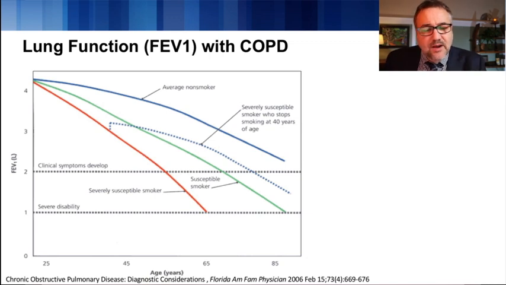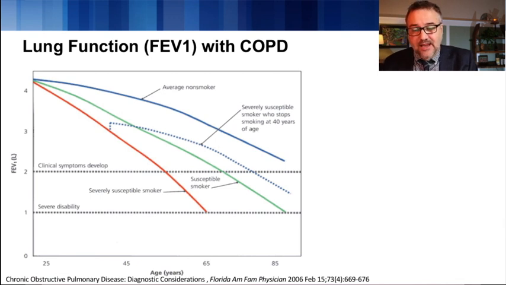Lung function. Now here I want to go through a couple of important concepts, and I'm mentioning these because I think they're important to our patients, because we get questions on these things all the time, and I want to clarify, and I think this chart is helpful. This chart shows FEV1 on one side, going up the left, and then age across the bottom. So let's follow the blue line, which shows that there is a natural decrease in lung function as people age.